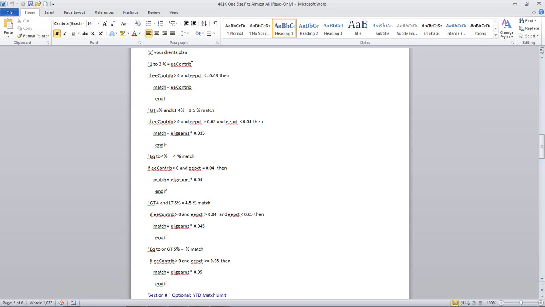If the employee contributes 1 to 3% as a contribution, then the match equals the contribution. So if it's greater than 3% and less than 4%, then do 3.5%. And then I kind of build tables or tiers down to match what the client has told me.